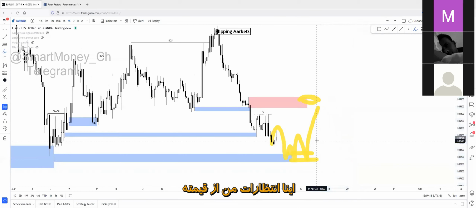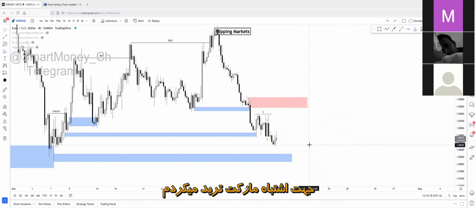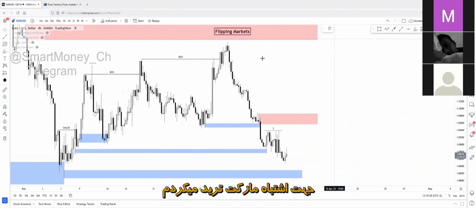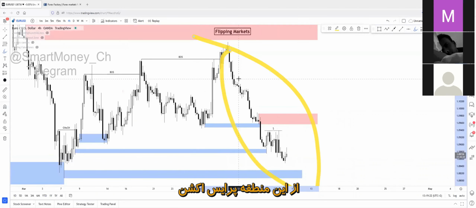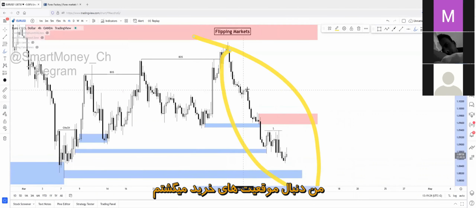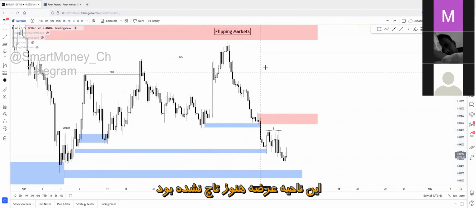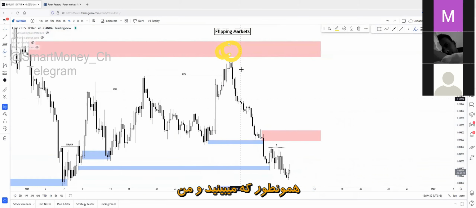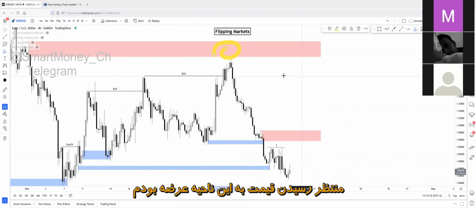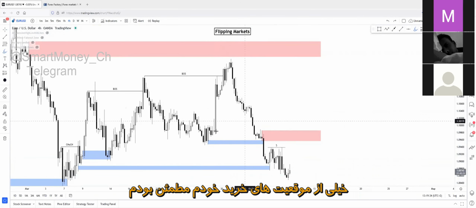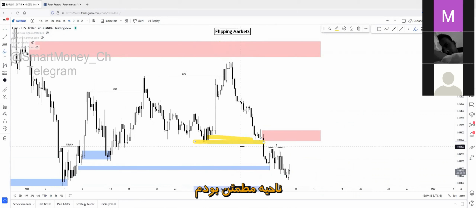These are my expectations. I've been caught up on the wrong side of the market for so long in the past few days from this price action region. I was looking for long opportunities. Regardless, I was looking for longs because this supply zone has not been tapped yet, as you can see. And I was looking for a tap of this supply zone. I was so sure about the longs. I was so sure about the fractal confirmation at this region.